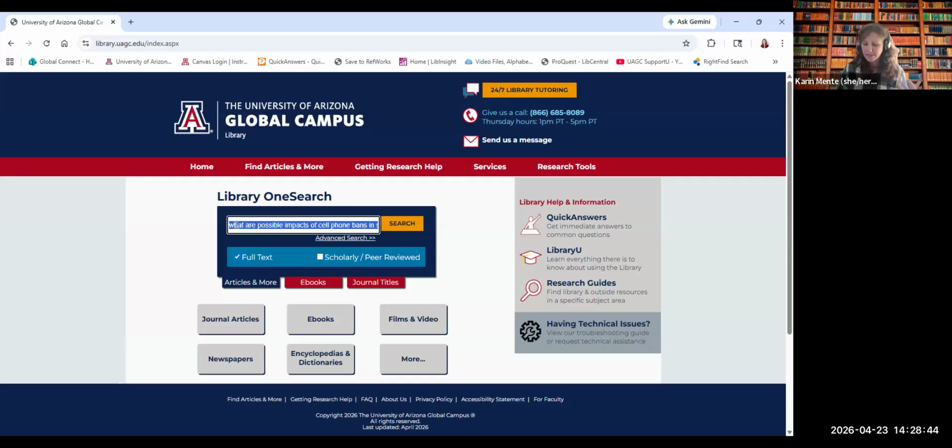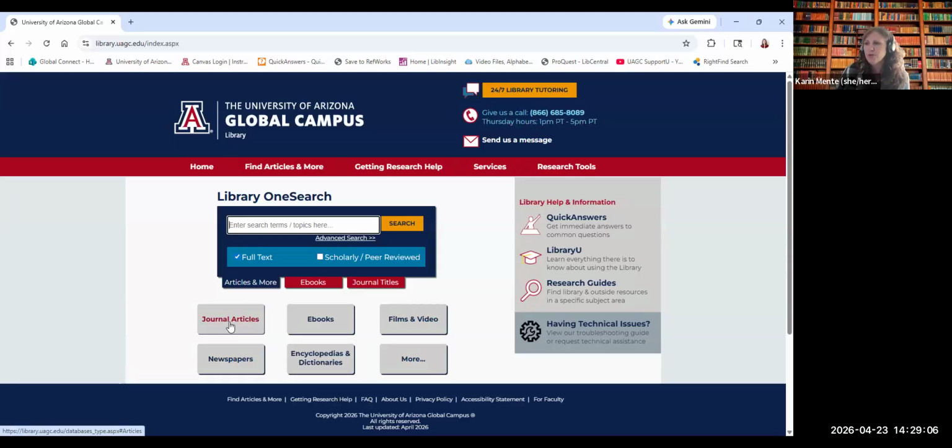And ProQuest has its own set of tools, generative AI tools that you can learn about. And you can get to ProQuest through Library OneSearch if you happen to come across an article that is indexed in ProQuest.